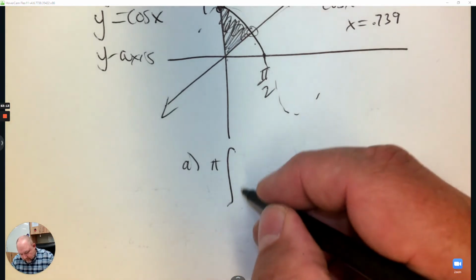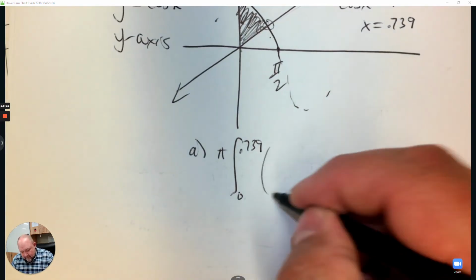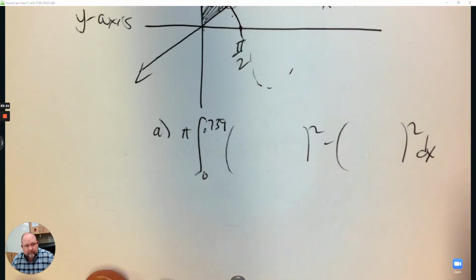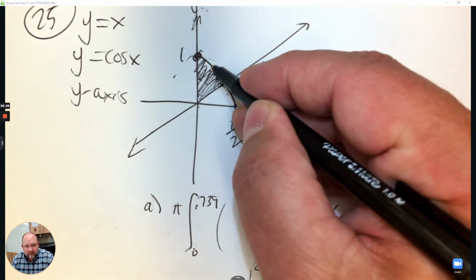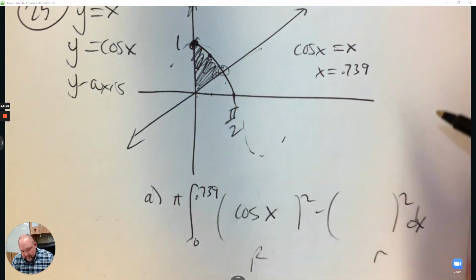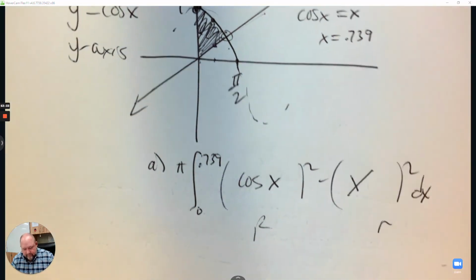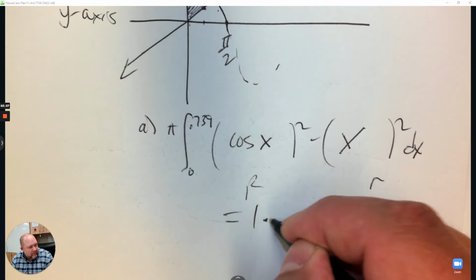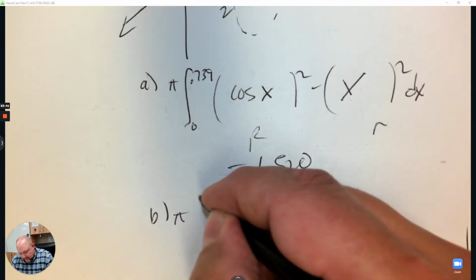So it goes from 0 to 0.739, and there's 2 circles, the big radius and the small radius. So the big radius is the curve down to the bottom. The small radius is the line down to the bottom. And then use your calculator, and the answer is 1.520. We're going to do it again. This time,